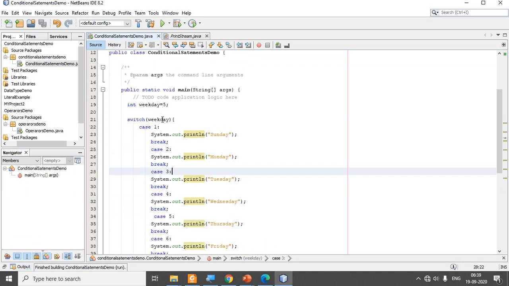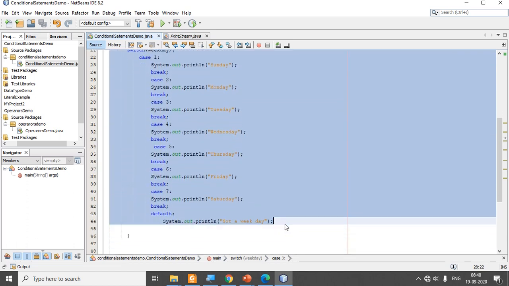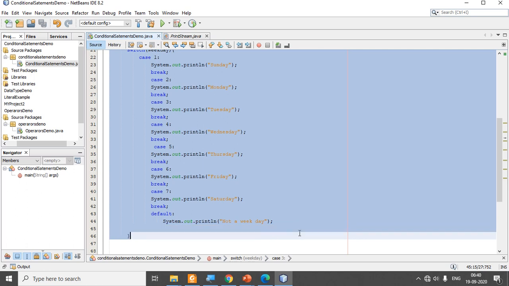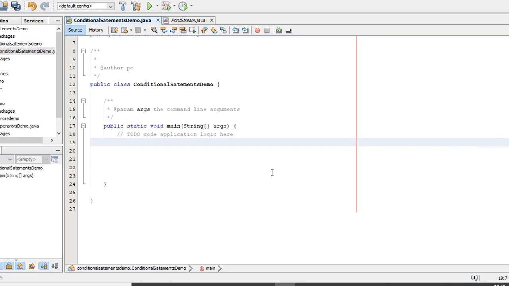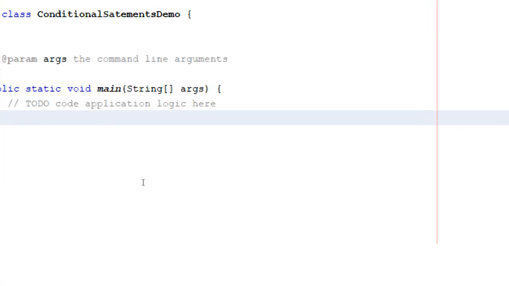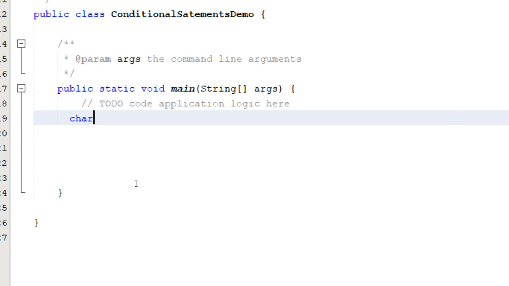Now let's write one other program to check whether the given character is a vowel or consonant. Okay, so let me zoom it out, and I'm going to take a character. So ch is equal to a. You know very well a, e, i, o, u are vowels. So I take a